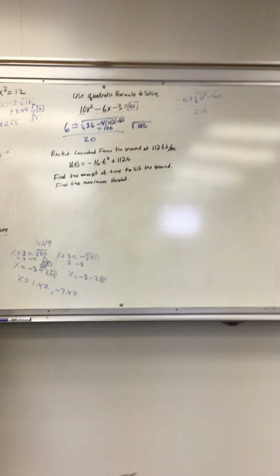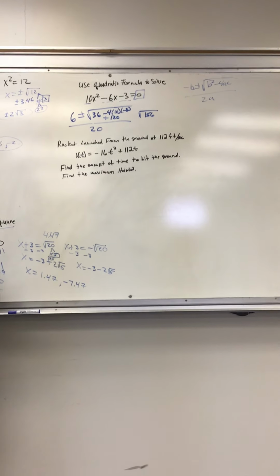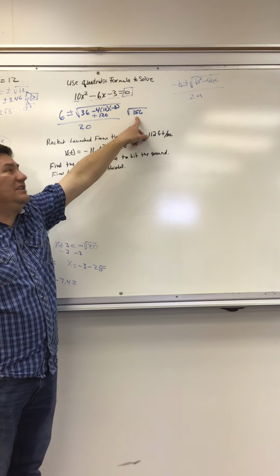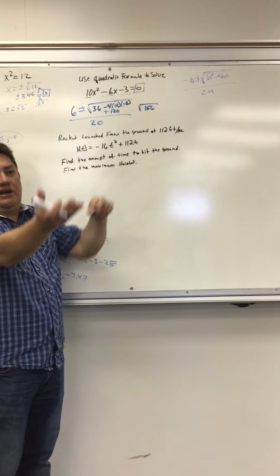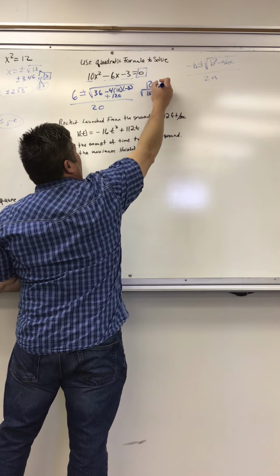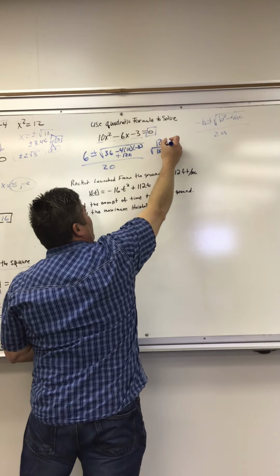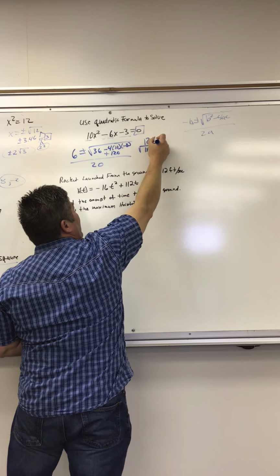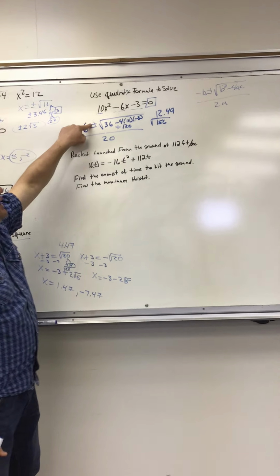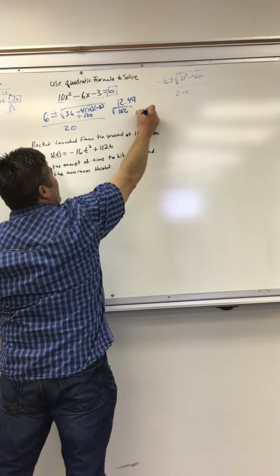156. Now on this one, I'm pretty sure on the test, it asks for rounded to the nearest hundredth. So I want to just punch that into my calculator, square root of 156. You know it's a little more than 12. Your answer will be? 12.489. So I'm just going to round that to 12.49. Okay? So now I have 6 plus 12.49, that's 18.49,